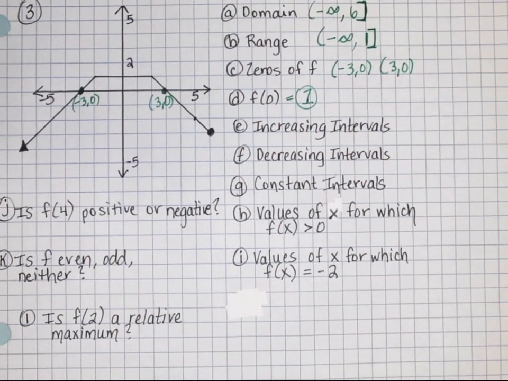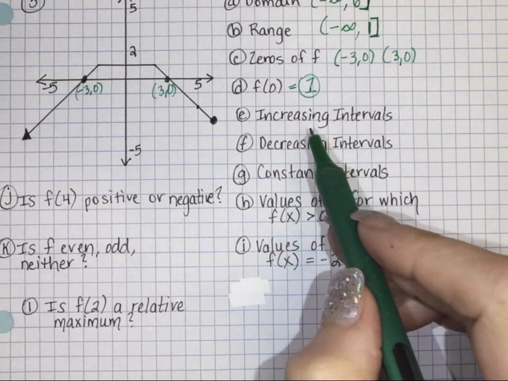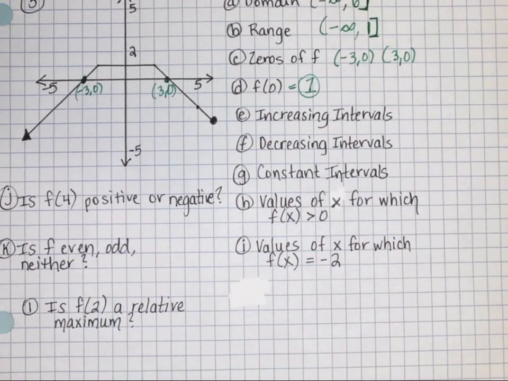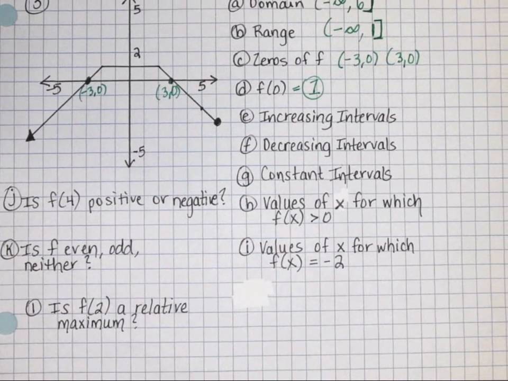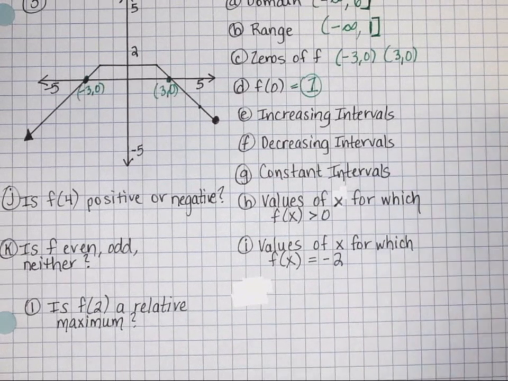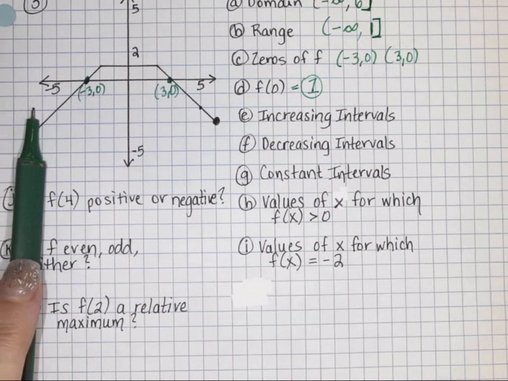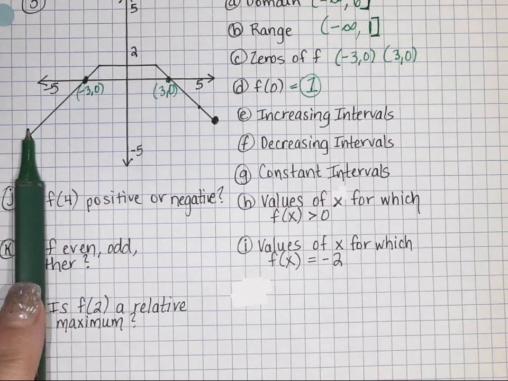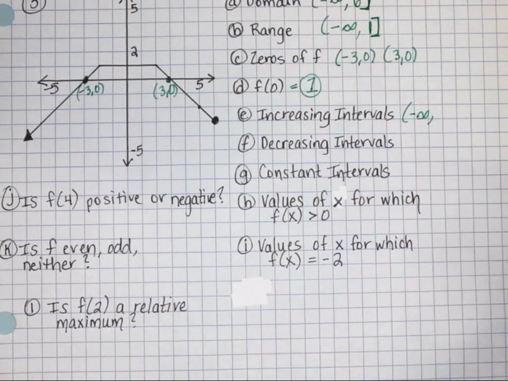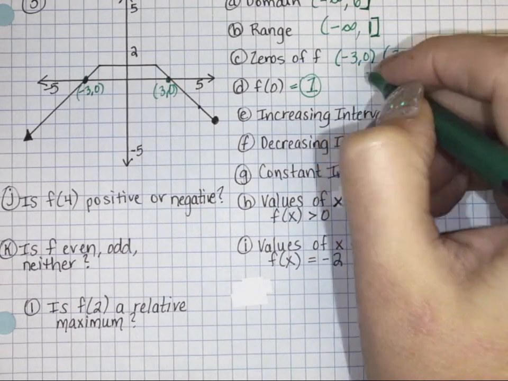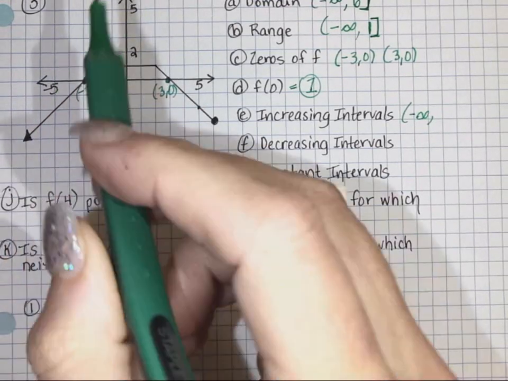The next 3 parts, increasing, decreasing, constant intervals. Remember that increasing is, of course, going uphill, and I told you that you can draw a figure on top of your graph walking left or right; if they're walking uphill, increasing. So notice that if I'm reading my graph left to right, then if I had a person here, they would be walking uphill, and since this graph goes on forever left, negative infinity, and we only use x values. Remember that through here. So negative infinity,